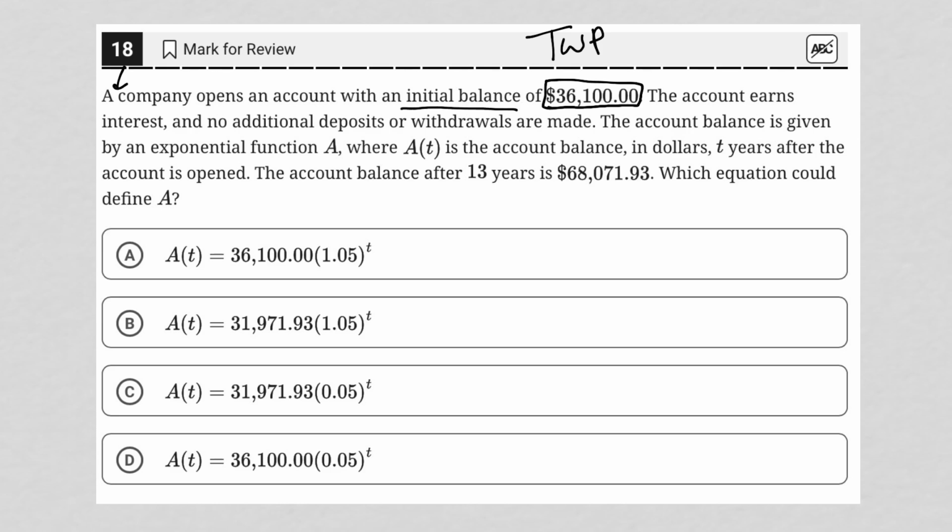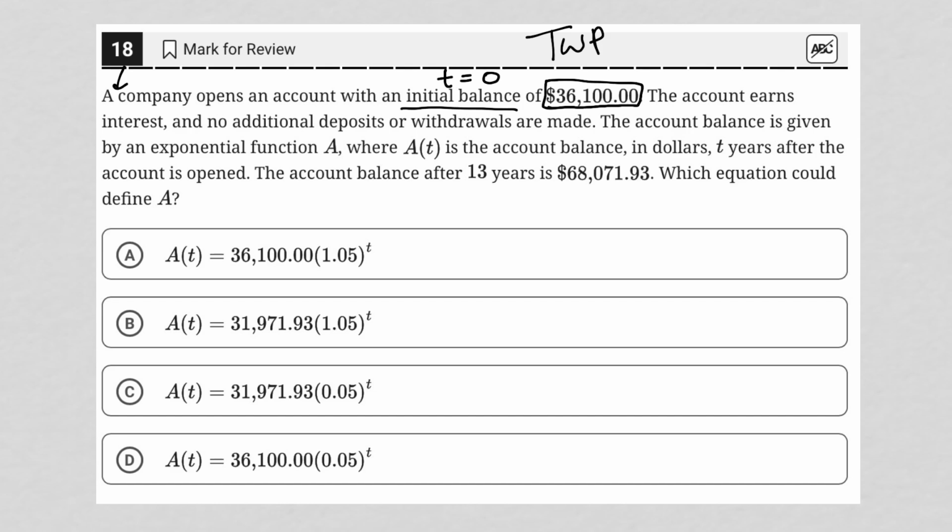The account earns interest and no additional deposits or withdrawals are made. Okay, so we just have $36,100 and that's what we put in an account and that's all that happens. Then it says the account balance is given by an exponential function A, where A of t is the account balance in dollars, t years after the account is opened. So before I even move on, that means my initial balance is t equals 0, right? That means because there's no years that have elapsed since opening the account if we're still at the initial balance